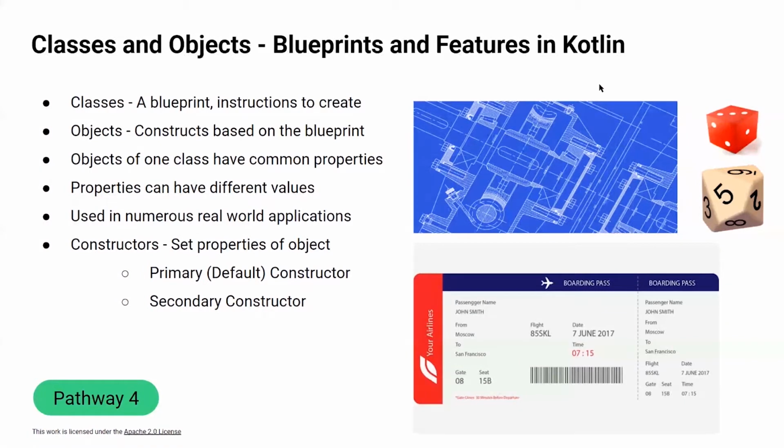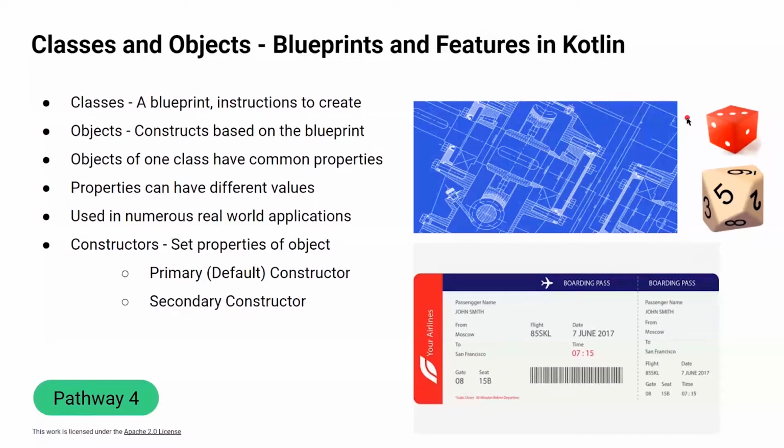So if you look at this picture here, this could be a blueprint, which would be a class. Let's say it's for the die class. It would have instructions saying each die has to have a material to be built out of, a number of sides, and a color. It wouldn't mention what material, how many sides, or what color. All those details come into the picture when you're talking about the constructs, like when you're actually using the blueprint to build something.